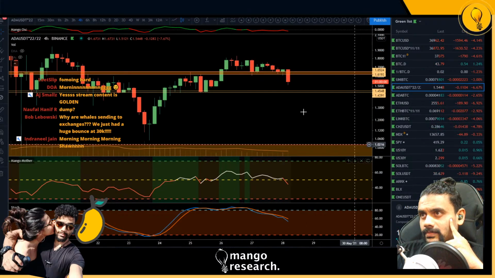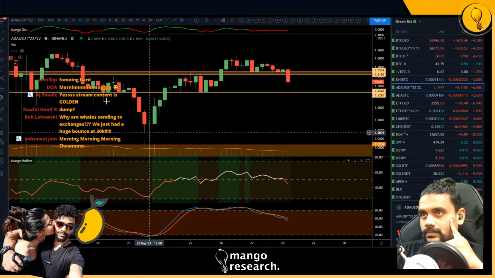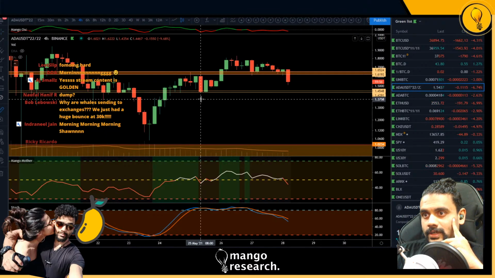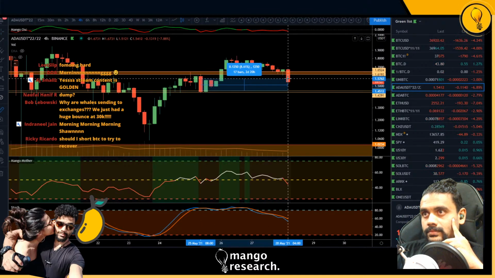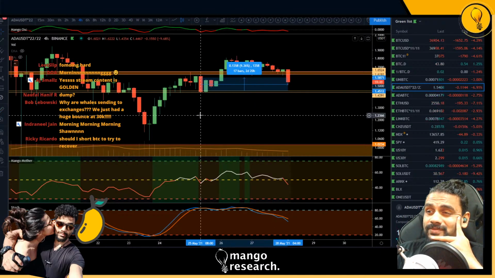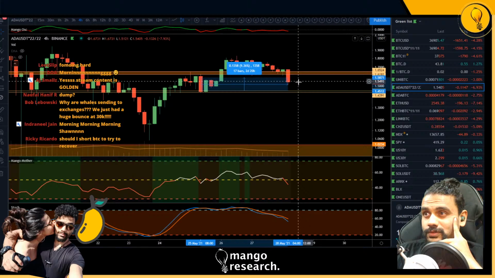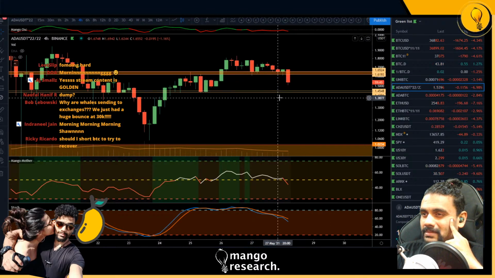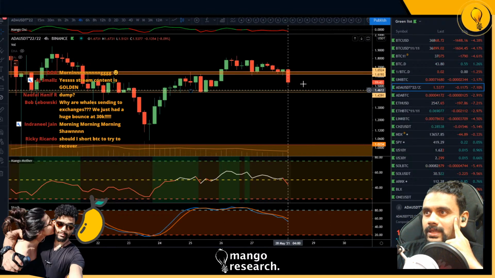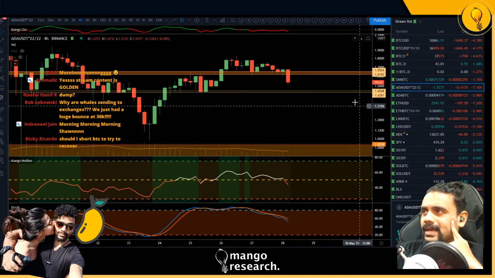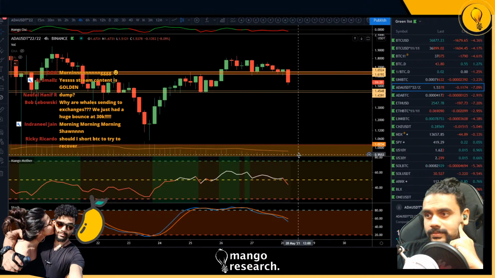Do we have it? I don't think so. I think this is too far away. You could make a case for the potential for bullish divergence to be formulating over here, but I wouldn't think too much on it.